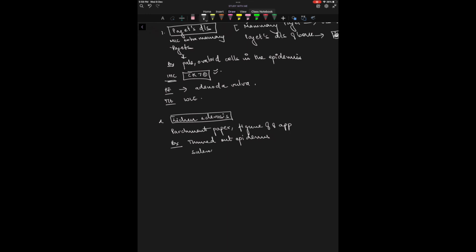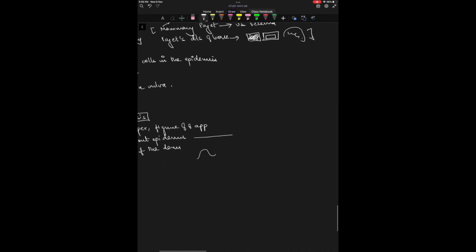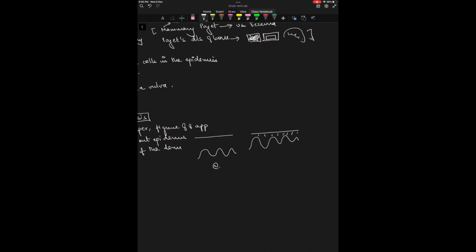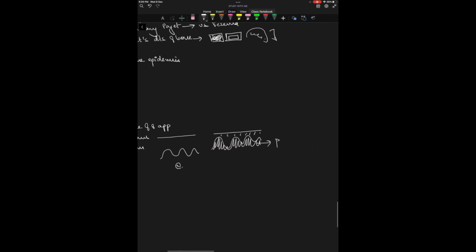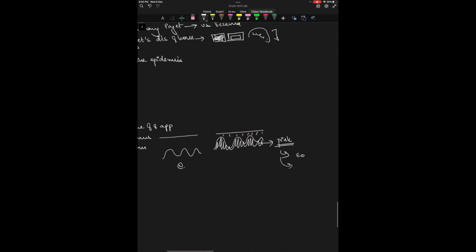sclerosis of the dermis. Okay, so this is like epidermis and dermis normally. So what you will see is that the epidermis is thinned out, and there will be sclerosis in the dermis. Alright, how will you see sclerosis on histopath? Remember that sclerosis appears pink. Right? What else appears pink on histopath? Eosinophils or eosinophilic things.